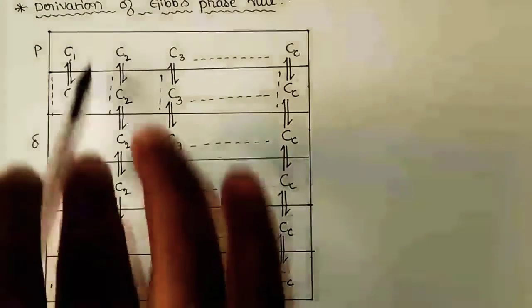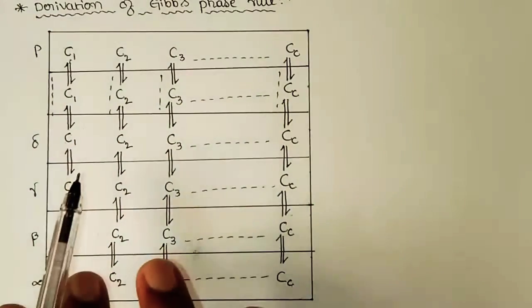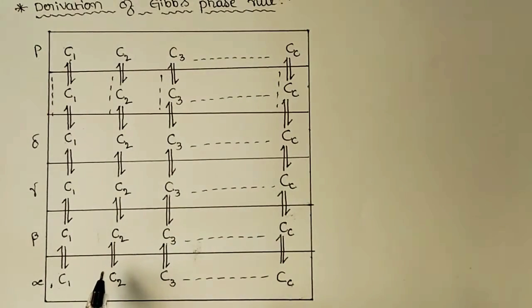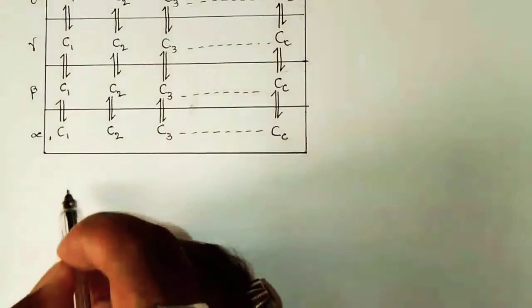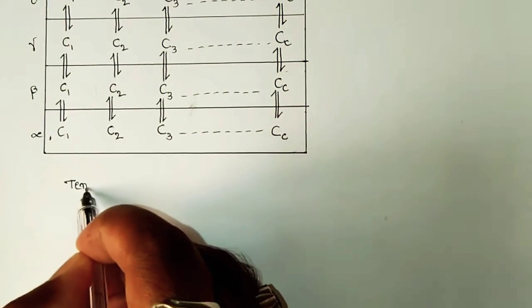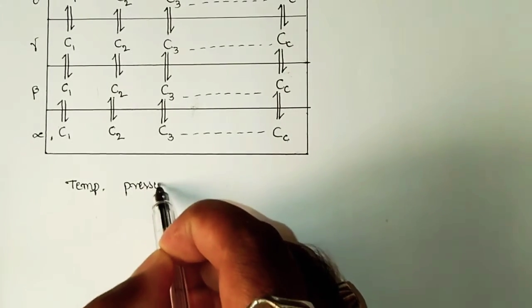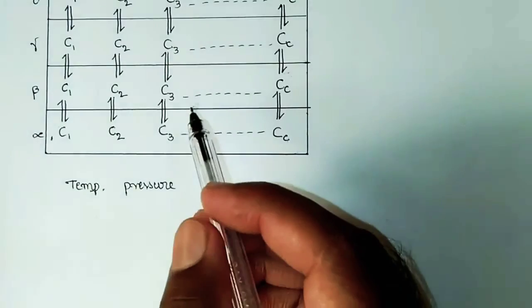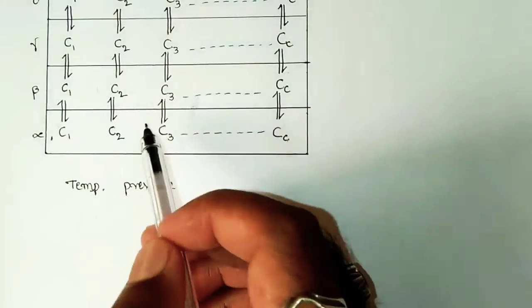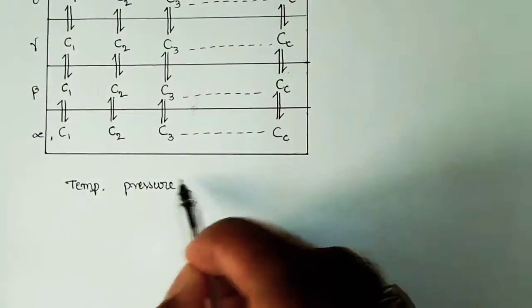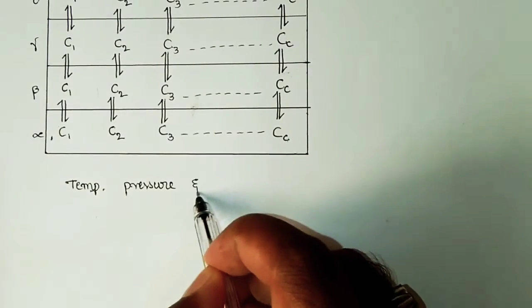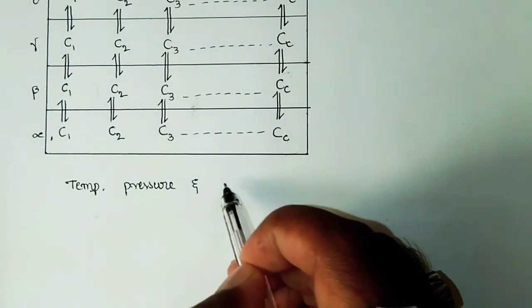Here, to state the phase of a system completely, we need to specify two variables, temperature and pressure. So we need two variables to be specified in order to define the system. Along with these two, we need to specify